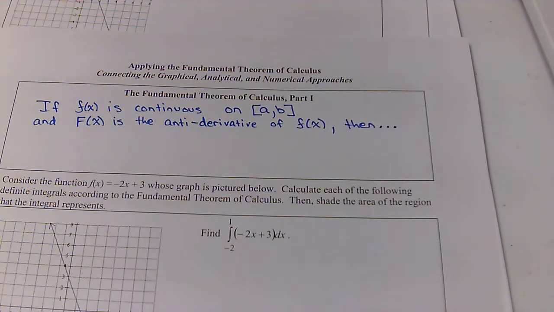So we're going to be looking at what is called the fundamental theorem of calculus today. I already wrote part of it. You can pause it and write that part. If you have a function continuous on the closed interval from a to b, and we can figure out the antiderivative, then the fundamental theorem of calculus says